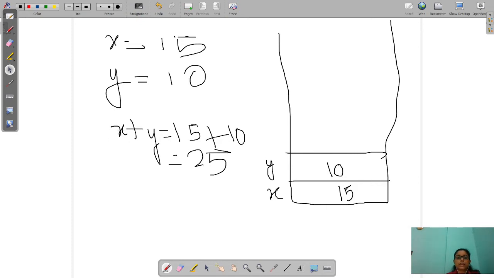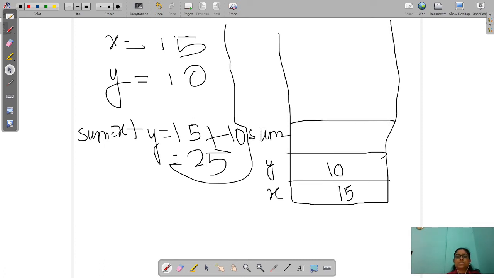Then our third integer is actually sum. Sum equal to. So here we write sum equal to.